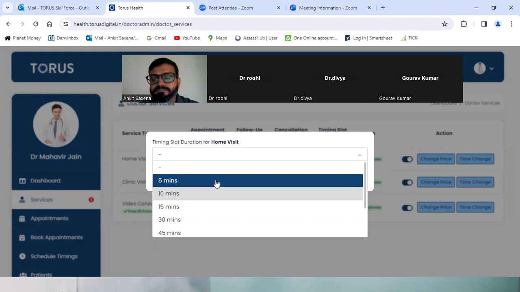Ankit, what will happen after 5 or 10 minutes? The call will get disconnected, or the patient will be recharged again? No, if you have kept a duration of 5 minutes, after 5 minutes the appointment call will end. And the patient has to recall if the history is not completed. So you have to book the appointment again for that patient. So it will be a fresh appointment again? Does he need to pay a fresh consultation again?